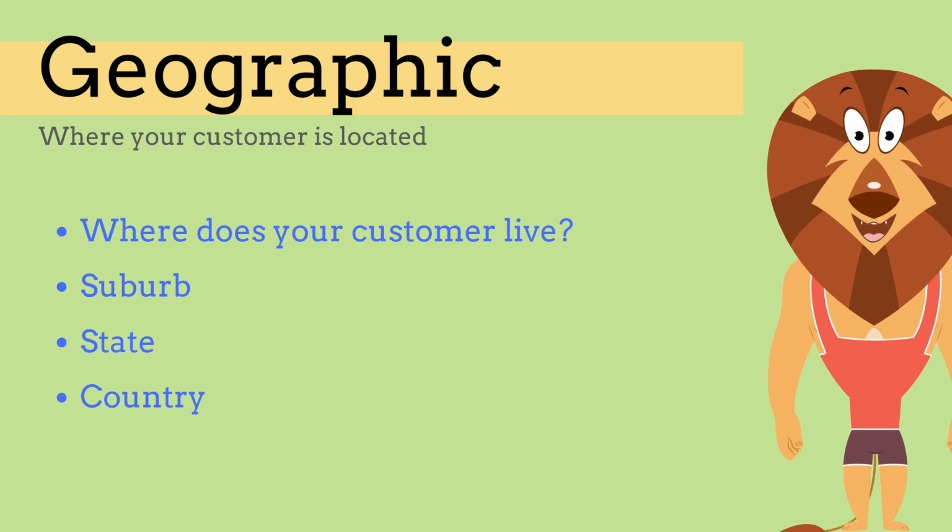Geographic segmentation is about location. It could be as broad as a country or as specific as a neighborhood. For example, a car manufacturer might push its four-wheel drive vehicles and SUVs in rugged mountainous regions like the Swiss Alps or the Rocky Mountains in Canada, while promoting compact, fuel-efficient cars in densely populated urban areas like Tokyo or